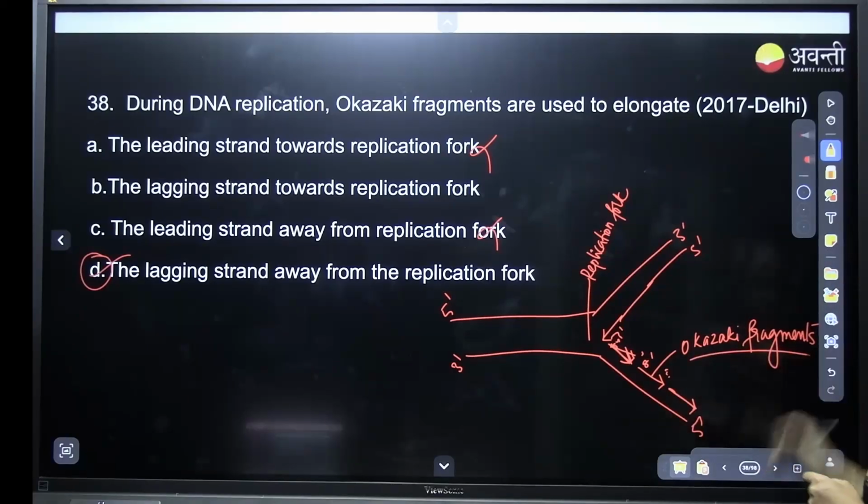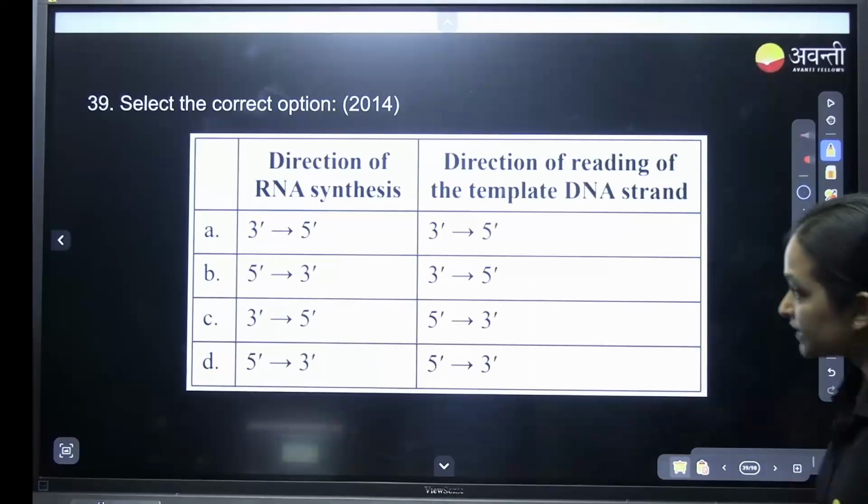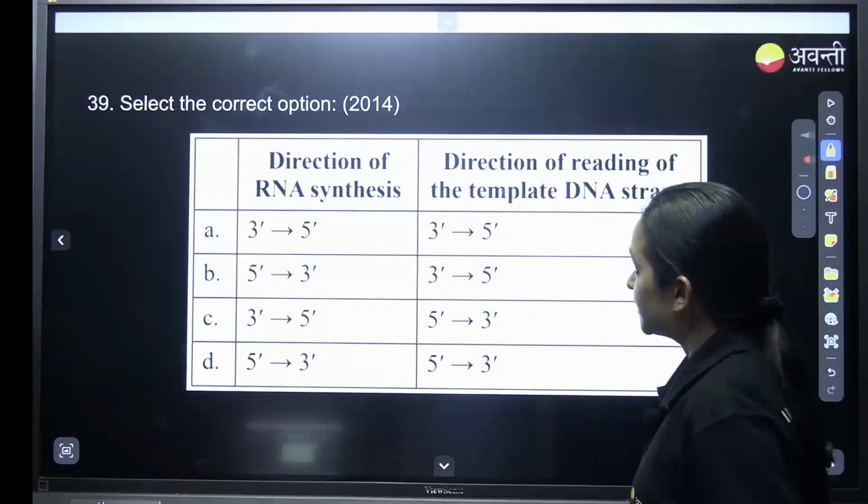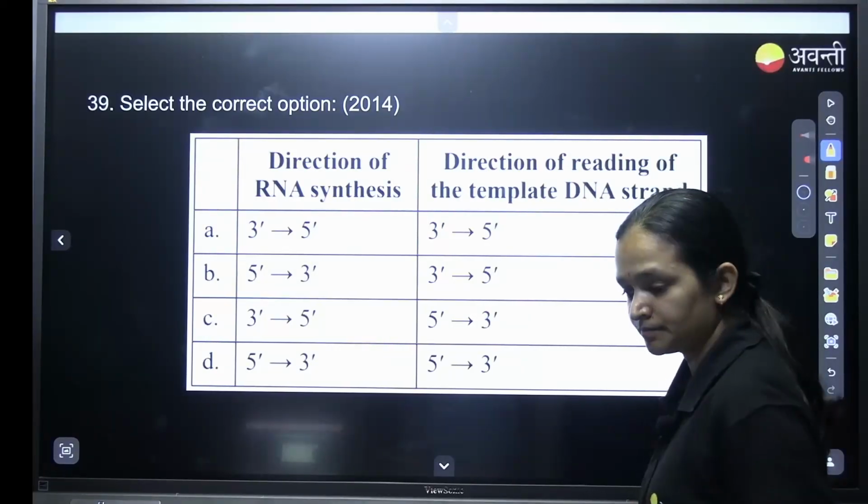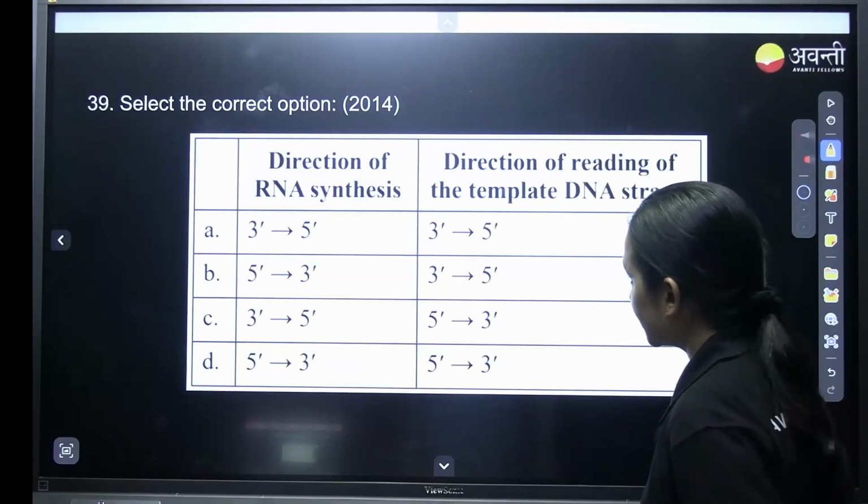Okazaki fragments. Select the correct pair. Direction of RNA synthesis. Direction of RNA synthesis is definitely